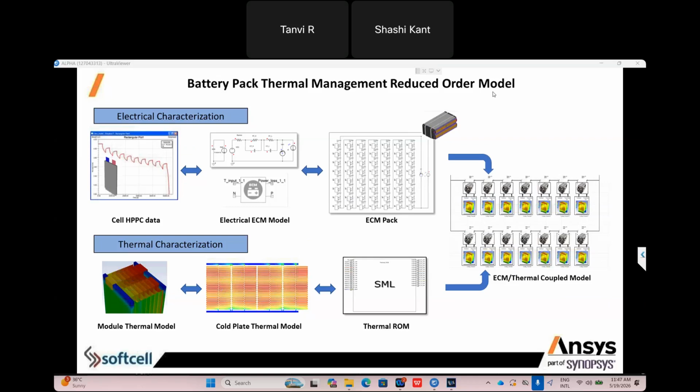So while you do virtual testing using Ansys, you will have some standard model inside Ansys. But let's suppose you want to capture a realistic scenario. So we have a reduced order model, which means you can couple some cell properties and available responses. On behalf of that, you can capture the realistic scenario. So the battery is, we can say, the heart of the eVTOL, which is very important.